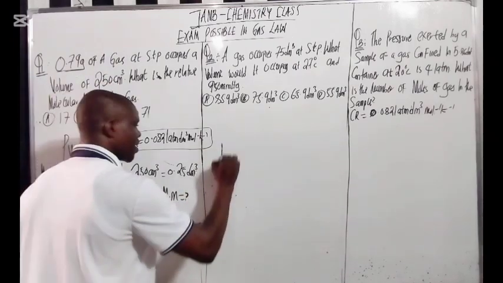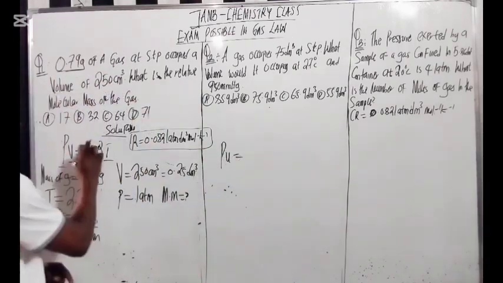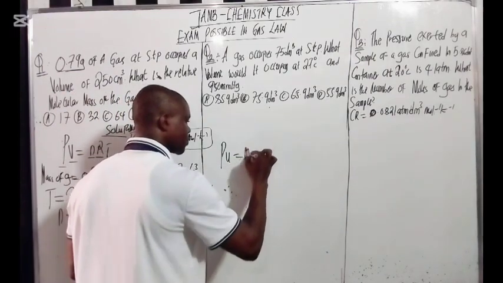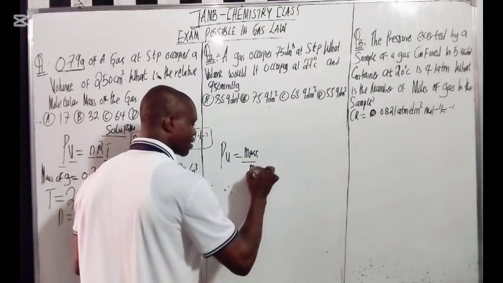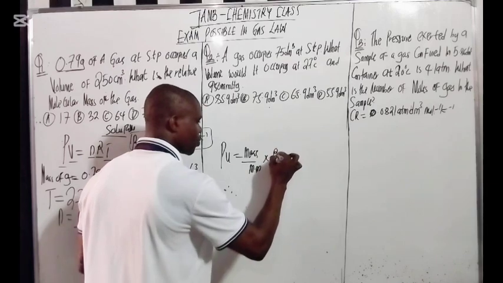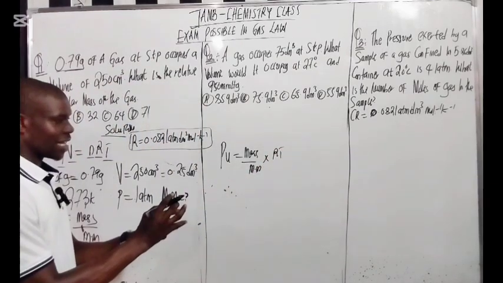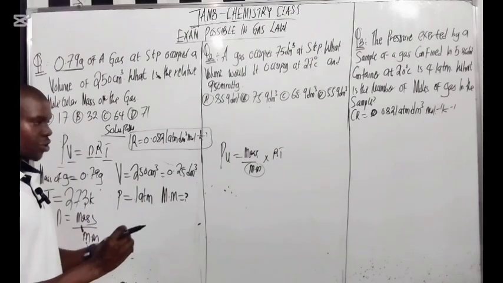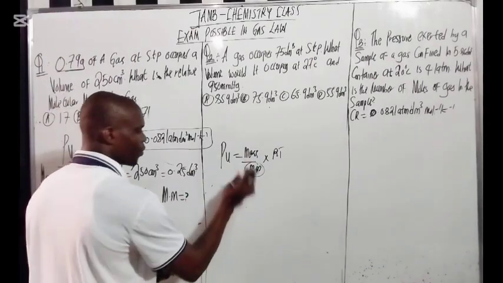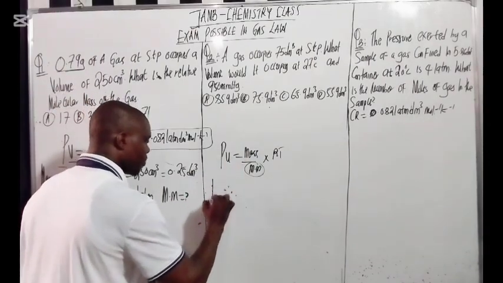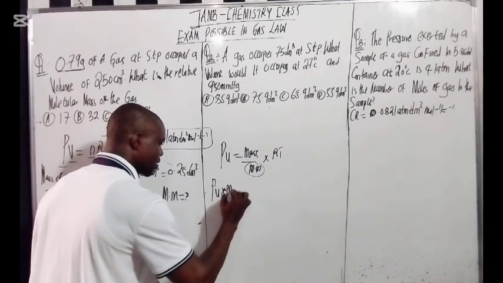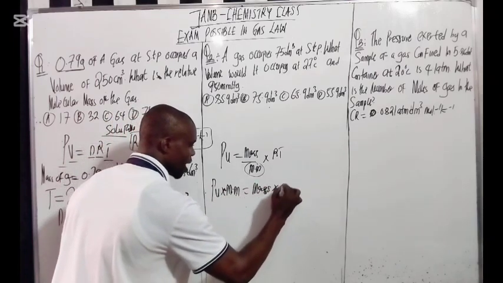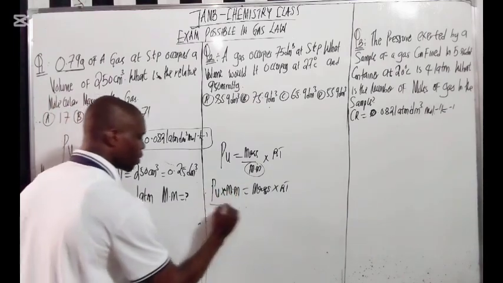So it's going to be PV equals, my n is now mass over molar mass, so you have mass over molar mass times RT. The idea is to make molar mass the subject of the formula. If you look at this very well, PV times molar mass equals mass times RT. Divide both sides by